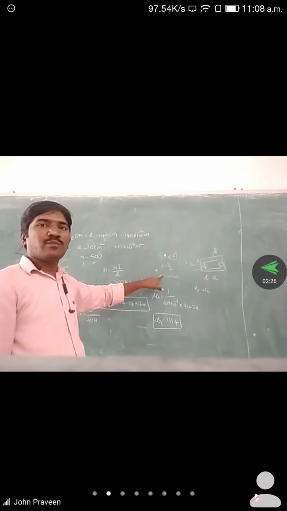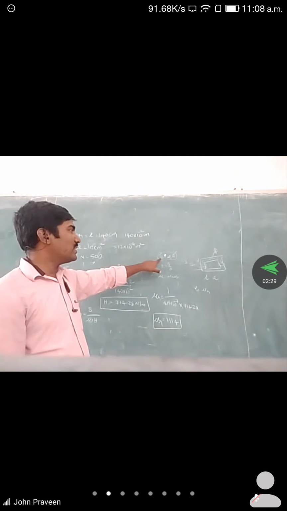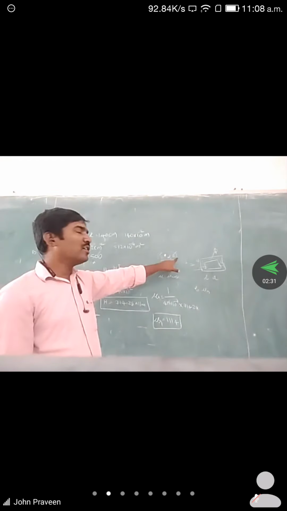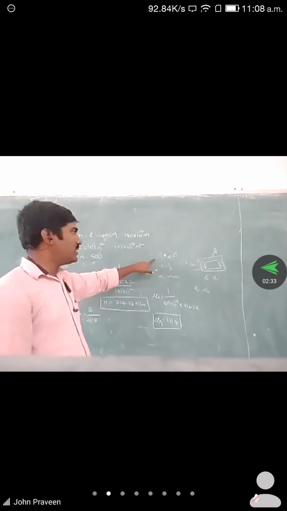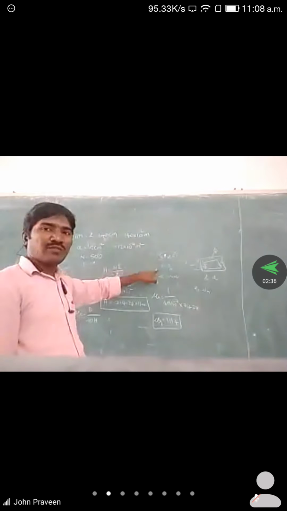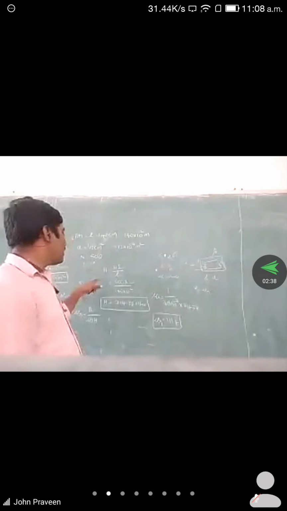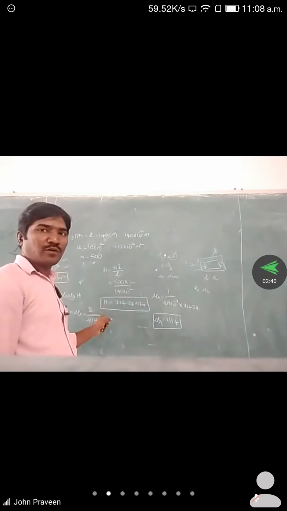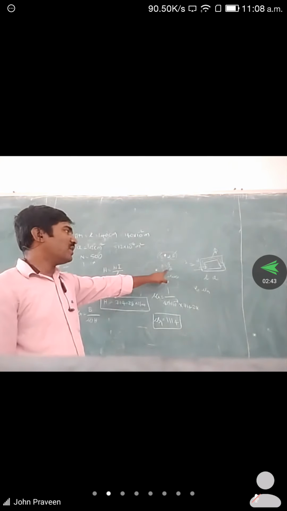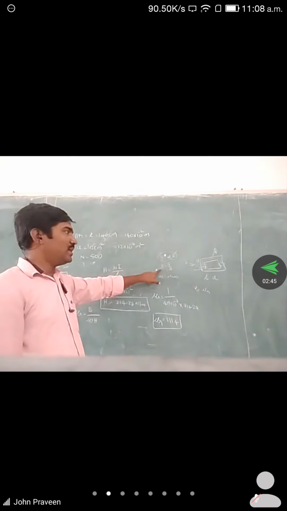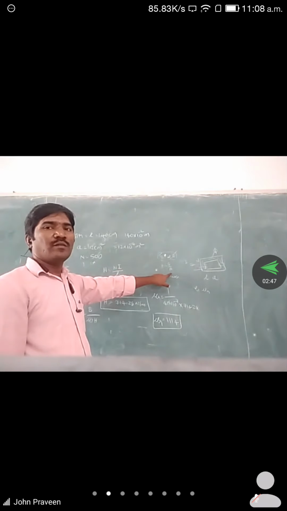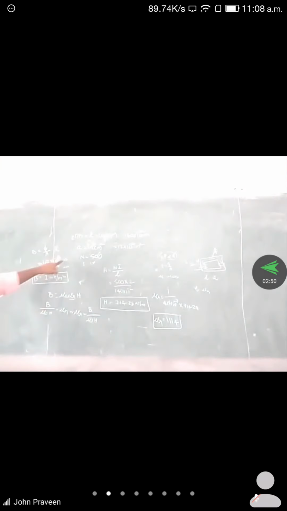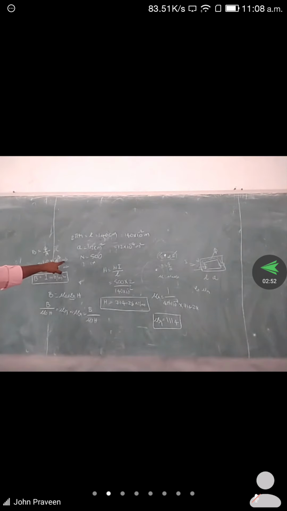But how is it possible? There is a need to calculate the flux density value as well as the flux value. To find out the flux density value, first we know the formula for B with respect to the phi value. The phi value is also given in the problem, so because of that reason we are selecting this formula. Then B is equal to phi by A. We substitute the phi value, 1.2 into 10 to the power of minus 3, and the A value, 1.2 into 10 to the power of minus 3. Then we are getting the value as 1. So that is the B value.